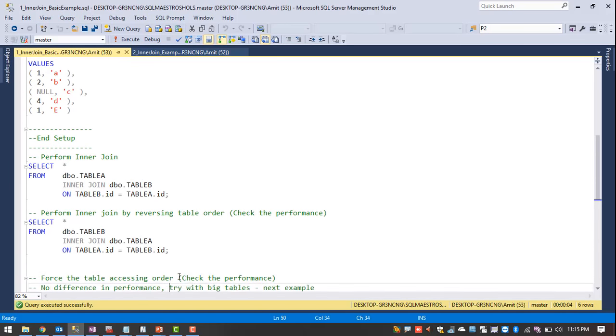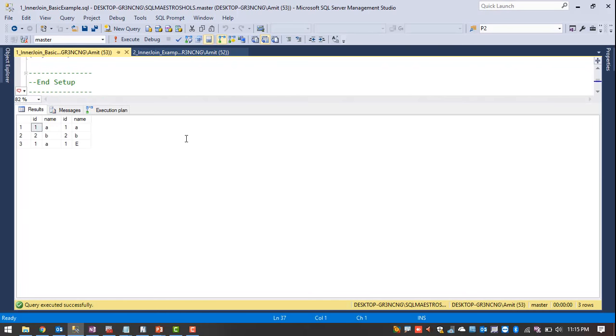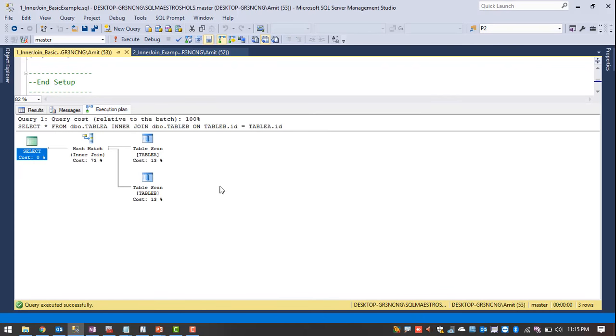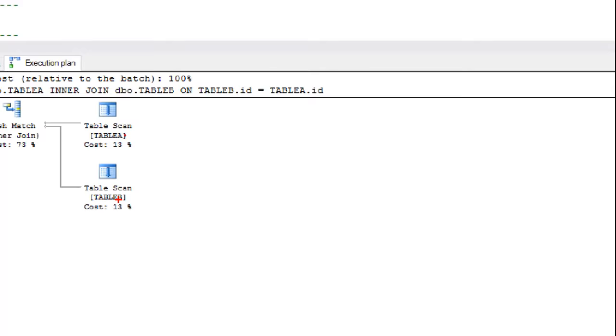Let me do one more thing. If I tell SQL Server to access data in the order we mentioned, for example, if you execute this particular query where we are accessing table A first and table B later, and if you see the execution plan, SQL Server is using table A first and table B next.